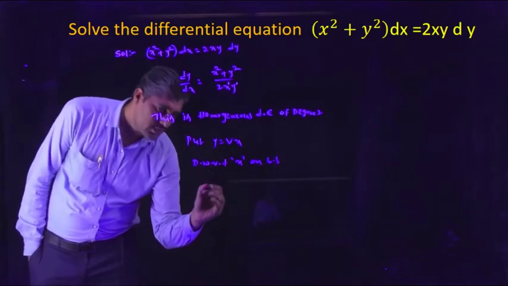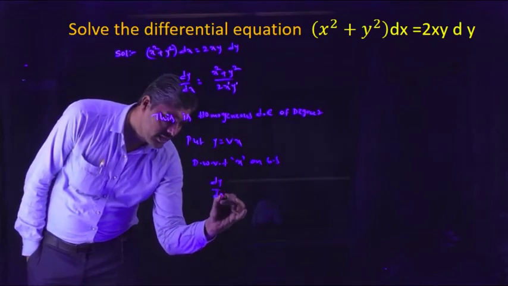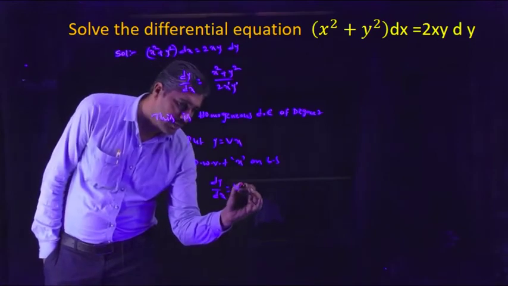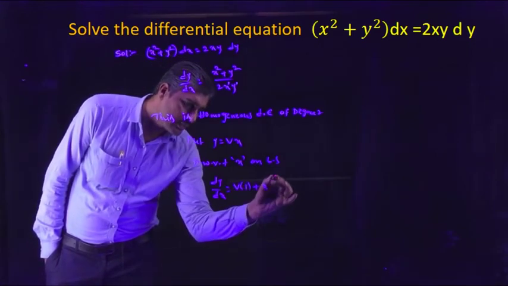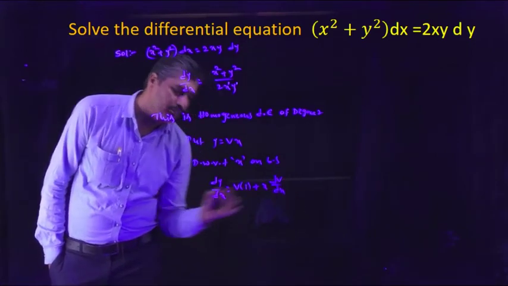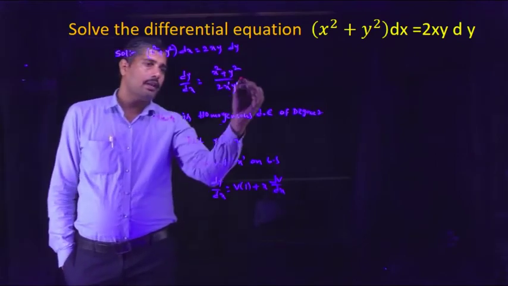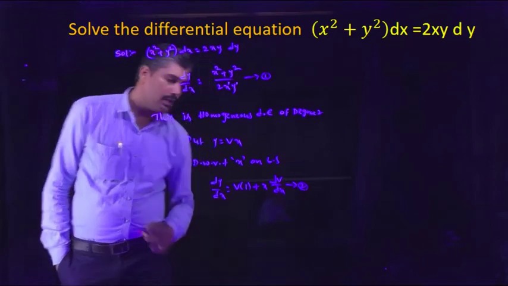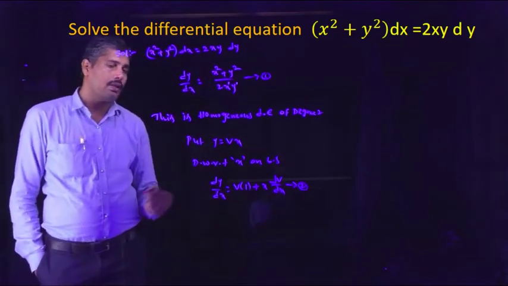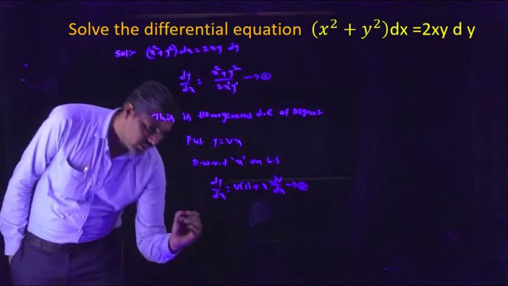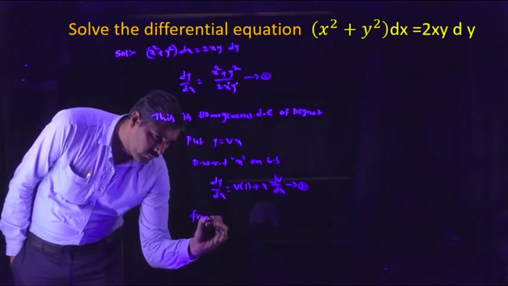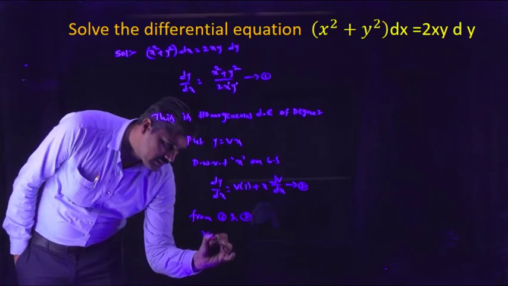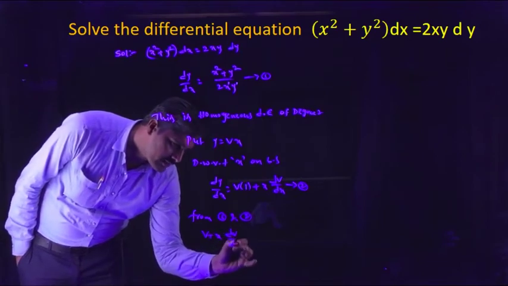Then we get dy by dx equal to, it is in the form of uv, that is v into 1 plus x into dv by dx. Take this as equation number 1, this is equation number 2. Substitute equation 2 in equation 1, then we get from 1 and 2, v plus x into dv by dx equal to,